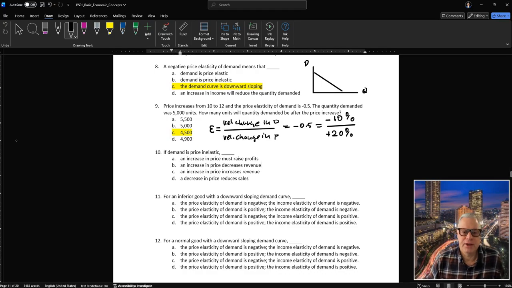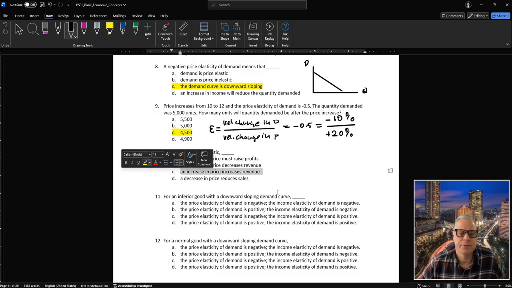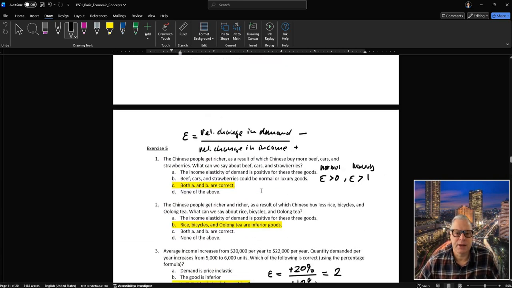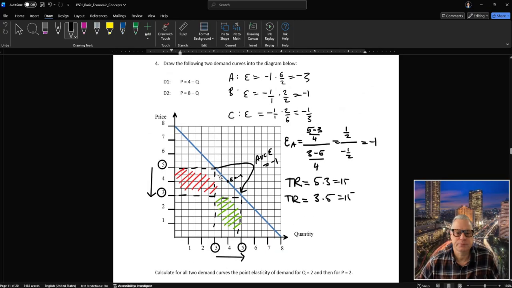If demand is price inelastic, okay, then an increase in price must raise profits. We don't know about profits, but we know about revenue. An increase in price decreases revenue? No. An increase in price, of course, increases revenue. So that's correct. And we can go back to our example here to illustrate this. So let me quickly remove all the